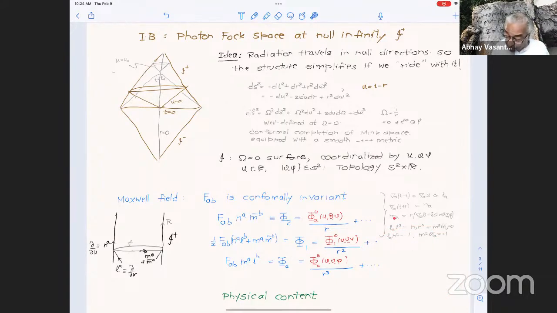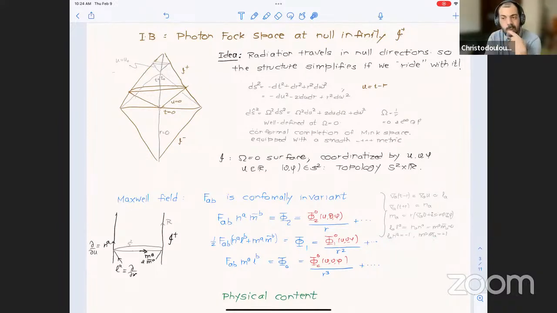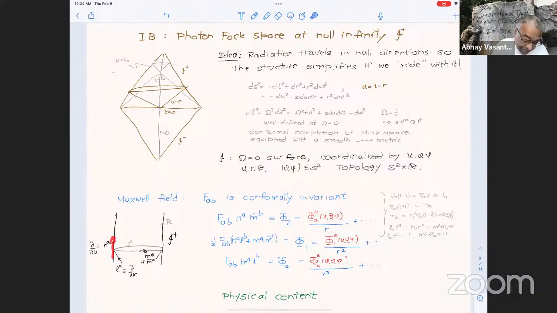So the scalar product of M with M is 0, that of L with L is 0, and N is equal to 0. The only non-trivial scalar products in this null tetrad are L dot N is equal to -1 and M dot M bar is equal to 1. So these are not important. What you just have to remember is that you've got a null vector which is going like that is N, and L is a null vector like that, and M bar are like that. So if you restrict yourself to scri, then you have got null vector N, and you have got vectors here